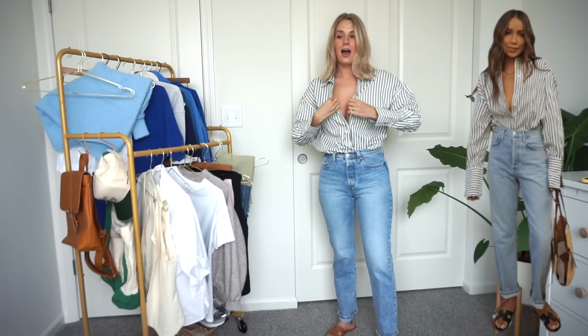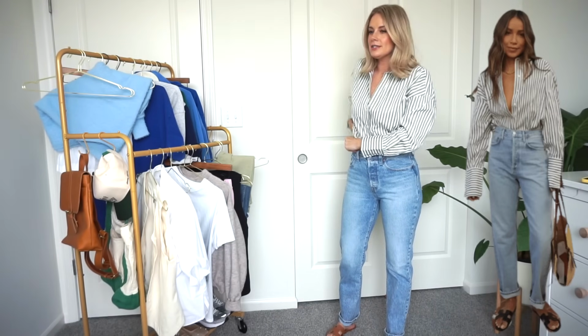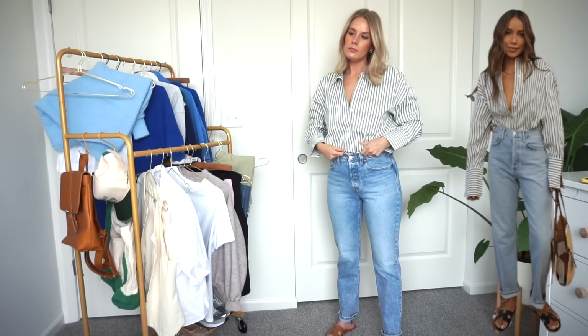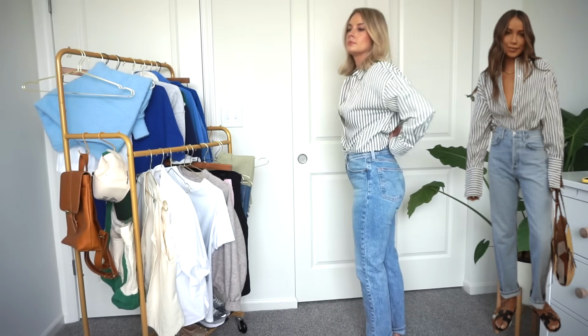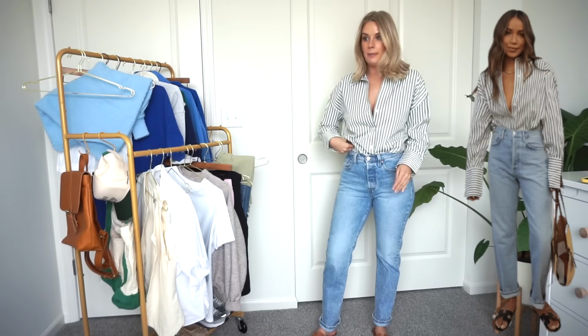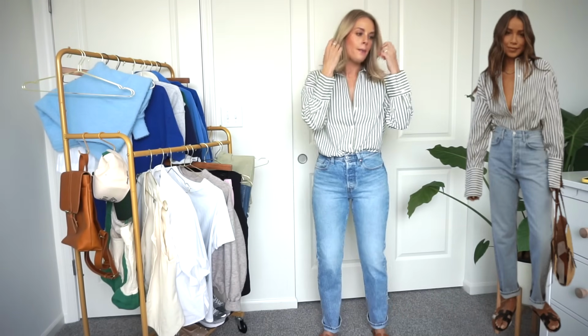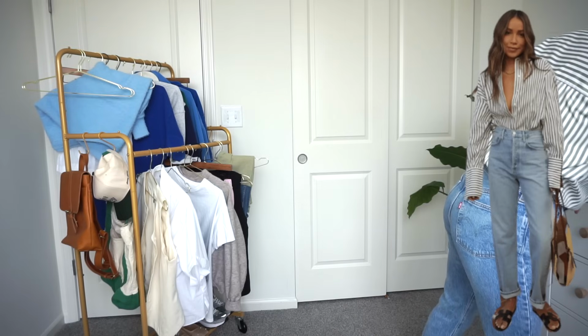She clearly does not have a bra on, but I can tell you that I would not be comfortable doing that, so I will not be doing that. Okay, so we're tucked in. She has her sleeves just out and about, and that's pretty much it. She has a little straw bag, so I'm gonna grab my straw bag, and she's holding a pair of